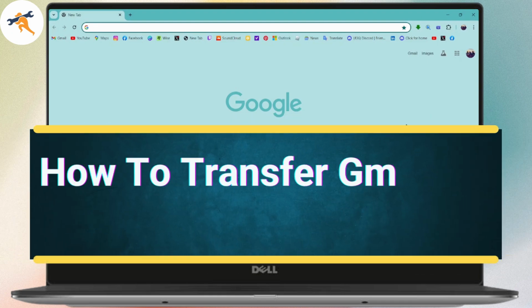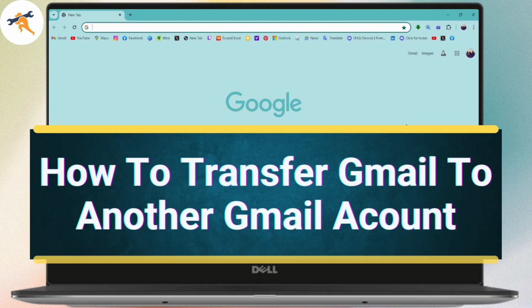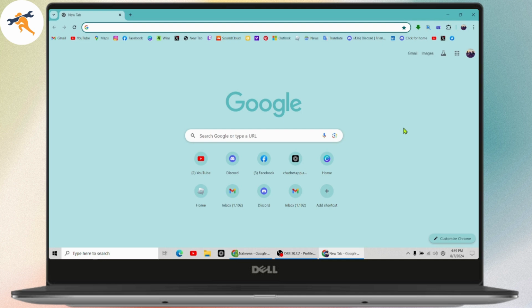How to transfer Gmail to another Gmail account. So if you want to transfer Gmail to another Gmail account, then first you need to log into the primary